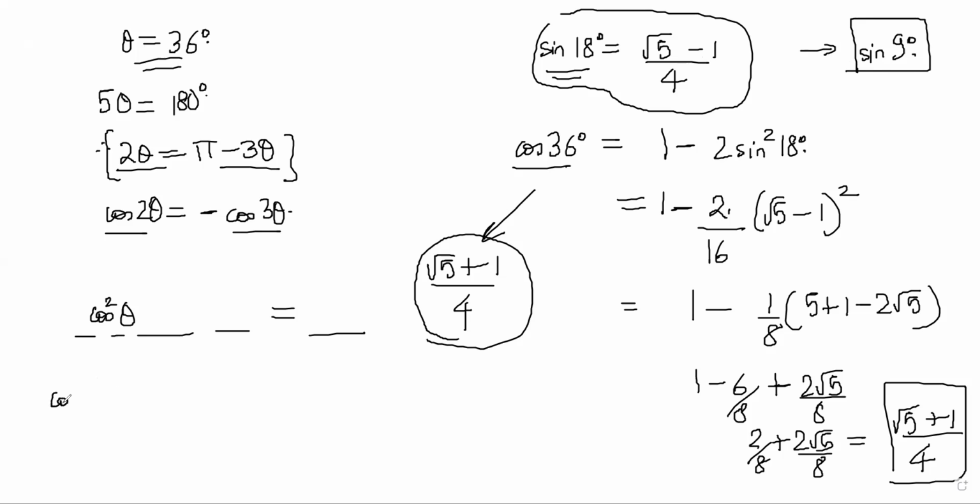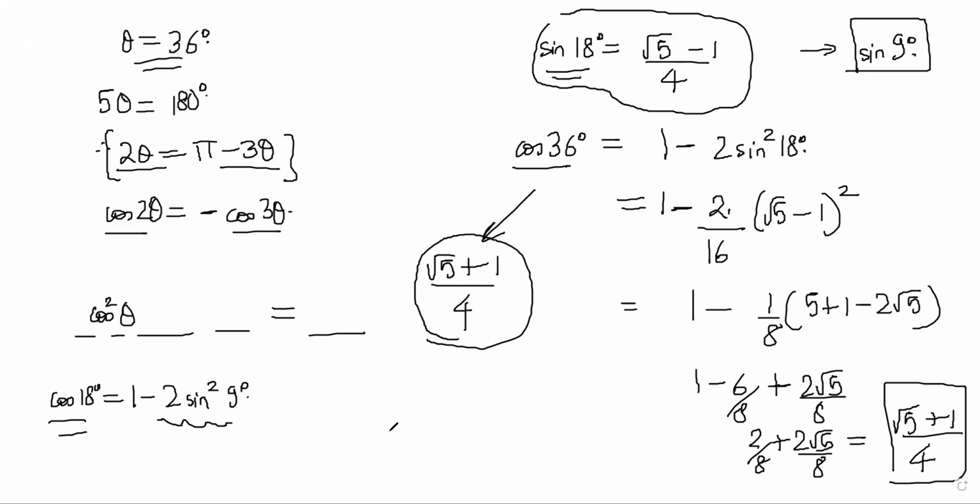Because you can find out cos 18 first and say it is 1 minus 2 sine square 9 degree, right? First find cos 18 from here and then do this and you'll get sine square 9 degree, right? So this exercise and this section is about finding these special angle values.